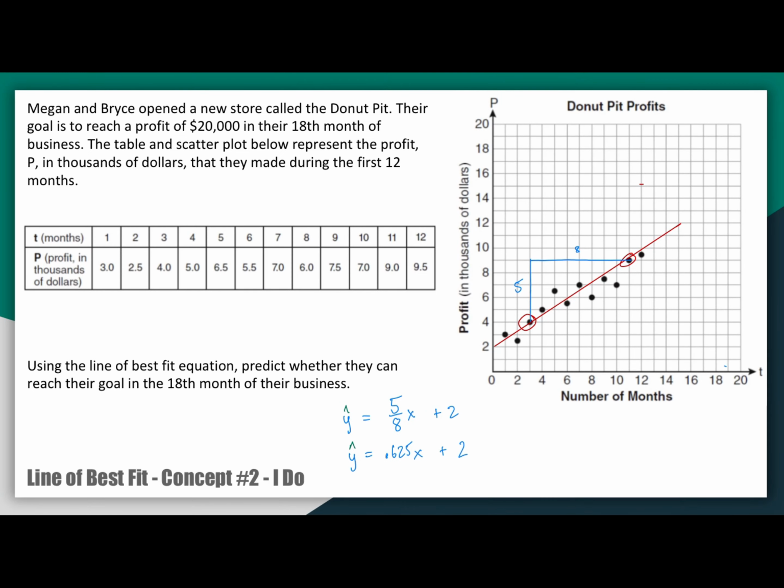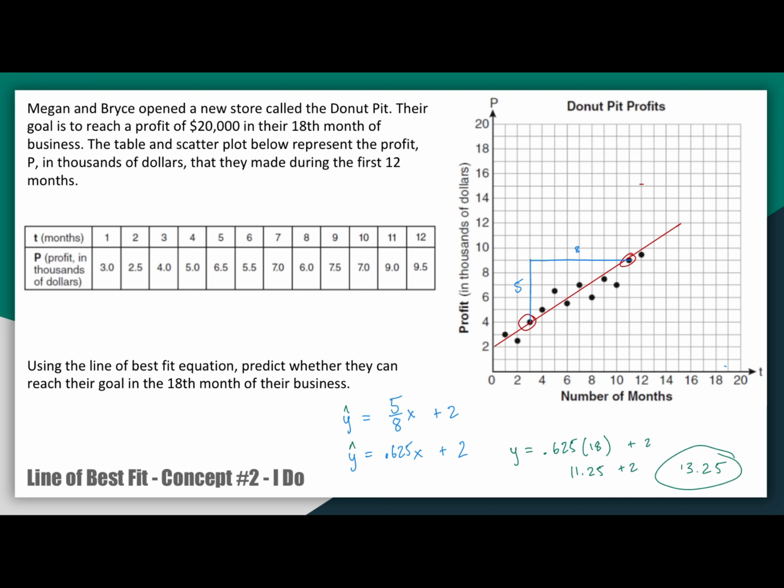Okay? So from here we can plug in 18. So I can go y is equal to 0.625 times 18 plus 2. So 18 times 0.625, and we're going to get 11.25 plus 2, which will give us